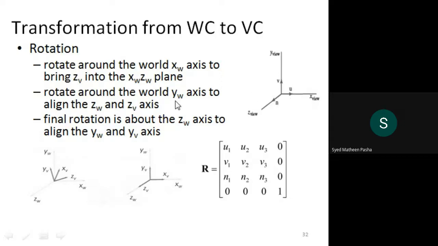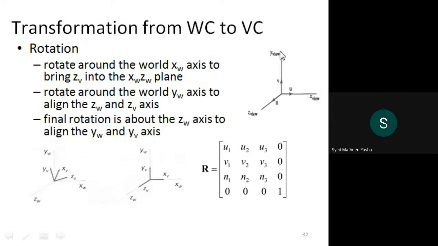Simultaneously, if you want to rotate about the world y-axis, you should align both the viewing and world coordinate axes with respect to each other. The basic idea is that if you are using one plane with respect to one coordinate, such as x, it should be linked with another axis as well.